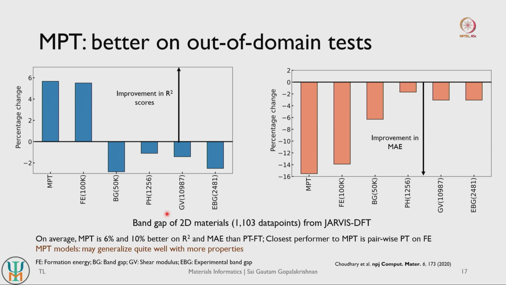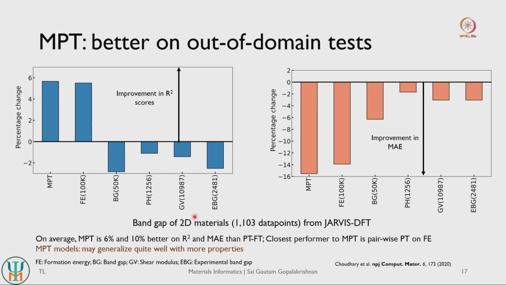We wanted to further see if MPT is truly a way to create more generalizable models. So we put that to the test in an out of domain exercise, right. What we did here was we took our MPT models, which are now trained on all the 7 different properties that we considered in our previous exercise. And we compared that against scratch models, which are indicated by the baselines here, and the best pairwise transfer learned models that we have, right.